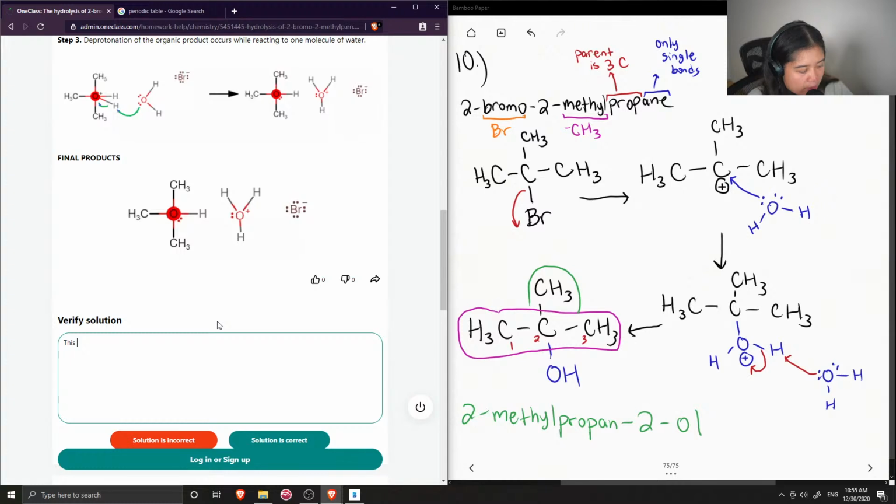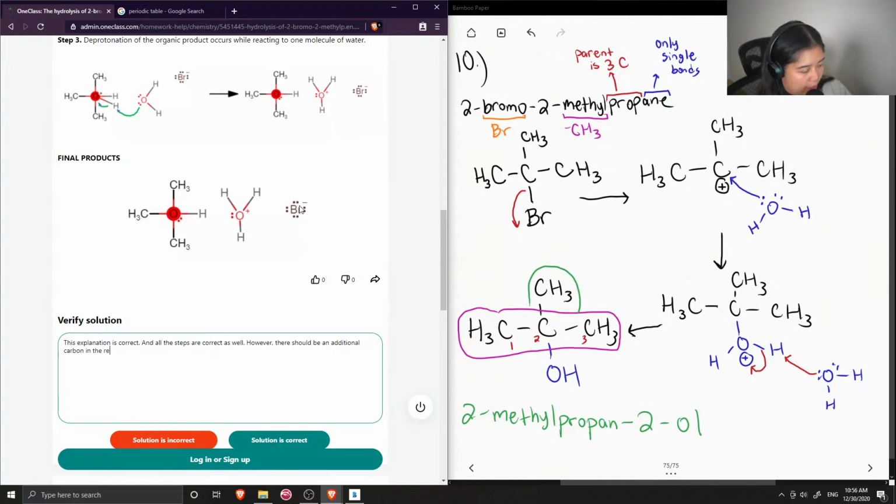So this explanation is correct. And all the steps are correct as well. However, there should be an additional carbon